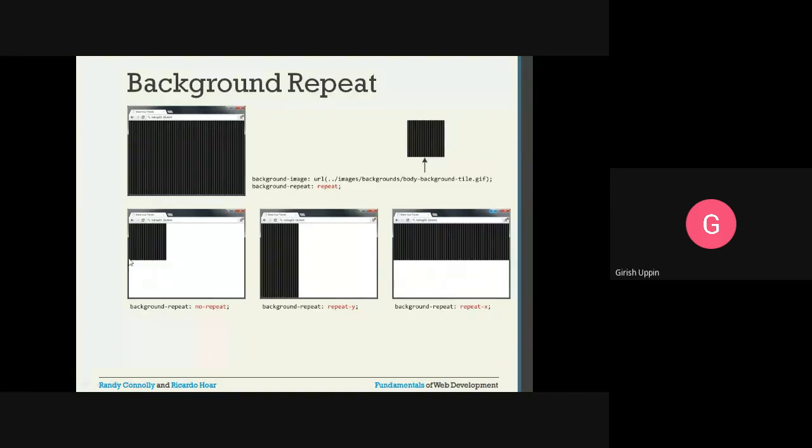This is a smaller image compared to the background, so it will take only this position. Then you say repeat-y, so it will repeat in only the y direction. Repeat-x, it will repeat in the x direction. You can see this image repeating only on the x axis. Repeat-y, it is repeating in the direction of the y axis. Repeat means it will repeat both x and y, so it will fill up the complete background.